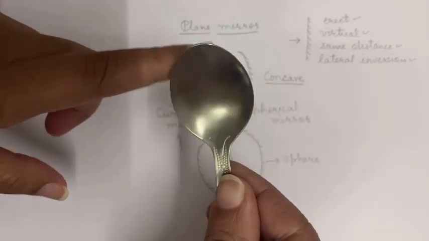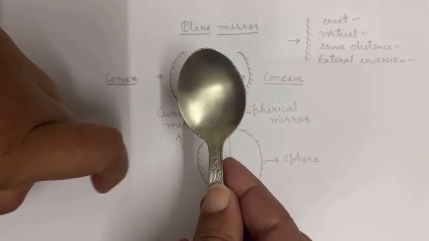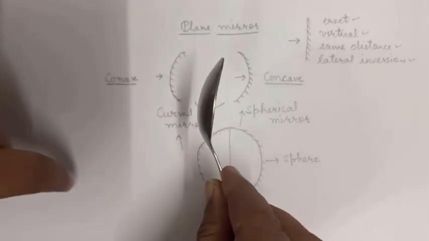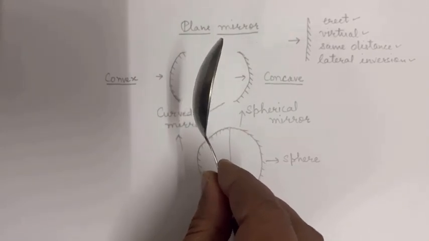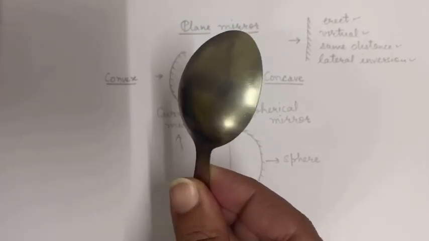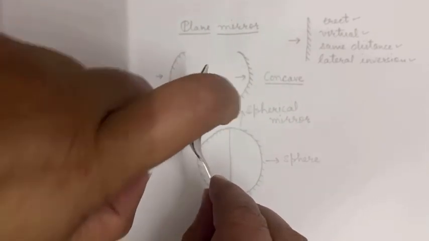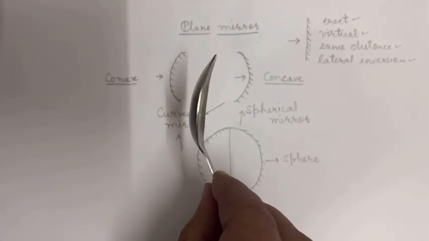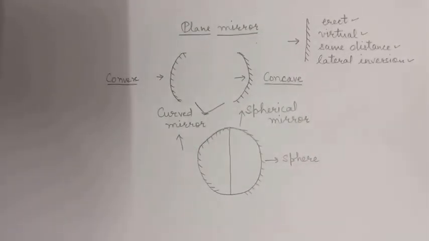If I consider this as my reflecting surface, it means this is behaving as a concave mirror. It depends upon which side I am considering as the reflecting surface; I will get the name accordingly. So from this side it behaves as a convex mirror, and from this side it behaves as a concave mirror. So you can come across a number of such examples where you can easily distinguish between a convex mirror and a concave mirror.